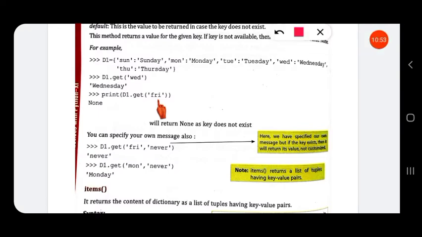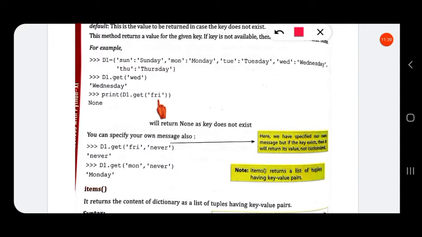Since we do not give any value here, the default value has not been given, so the default value will be none. If we do not give any parameter for default, then the default value will be none.